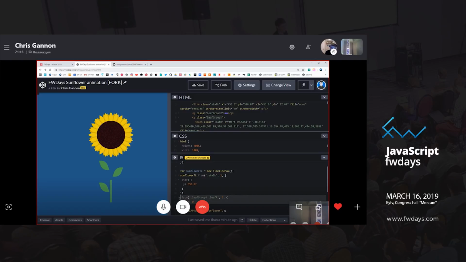Now, when you add an animation, with GreenSock you can chain animations together, so you don't have to keep doing sunflower timeline.from. You can add this to the end of this animation. So at the moment, you'll see that the stalk animates, and when it's finished, then the leaf comes in. But you'll notice that the leaf comes in with its transform origin at the top left,